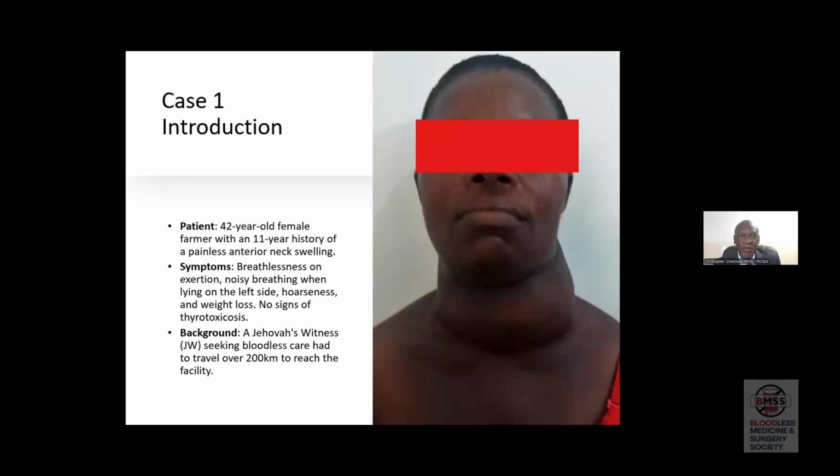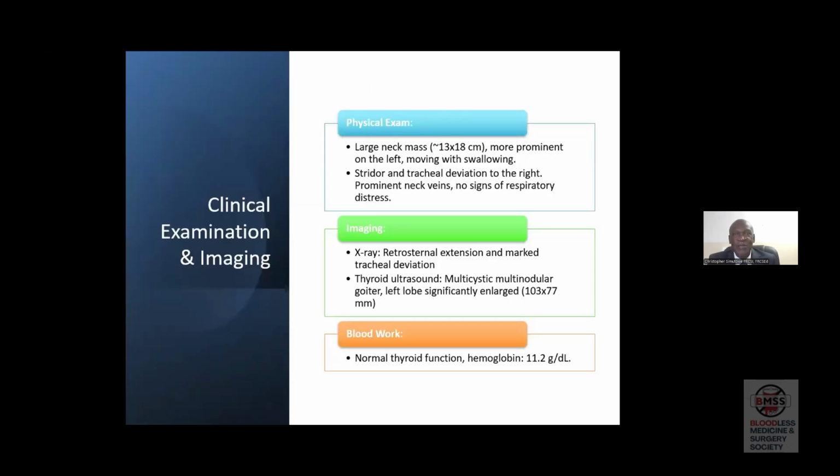This patient is 42 years old, and presented with an 11-year history of a painless swelling in the anterior neck and was breathless. She traveled 200 kilometers to reach this facility. You can see that the need for bloodless programs to spread is quite clear, so that patients don't need to travel such long distances. She had this neck mass, which also affected her breathing because there was a stridor and a tracheal deviation. The diagnosis on ultrasound showed that she actually had a multicystic, multiple nodular goitre. So she was prepared